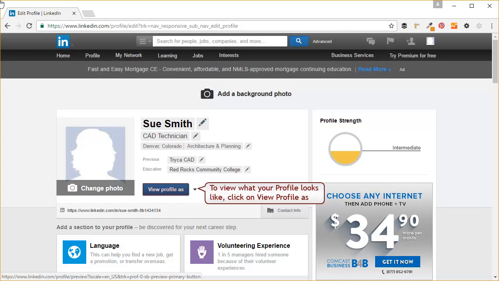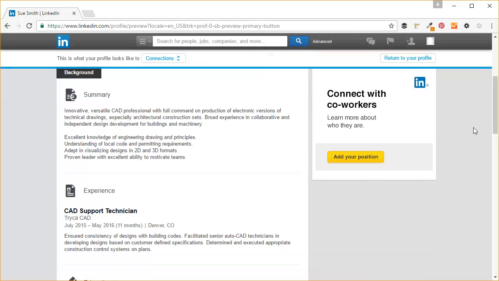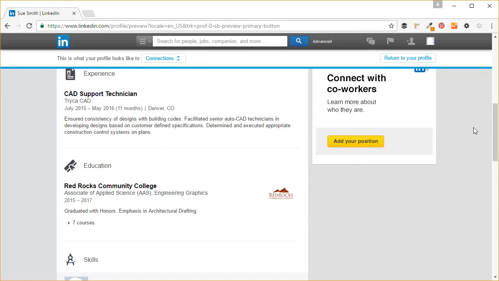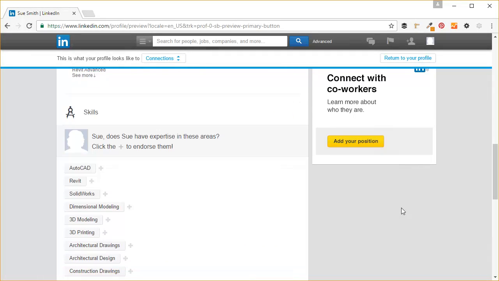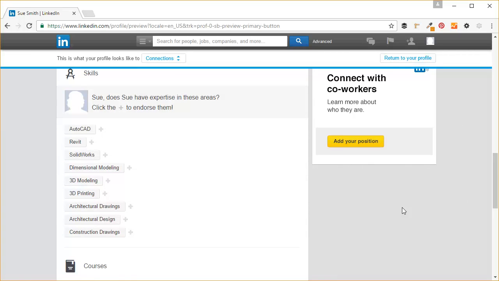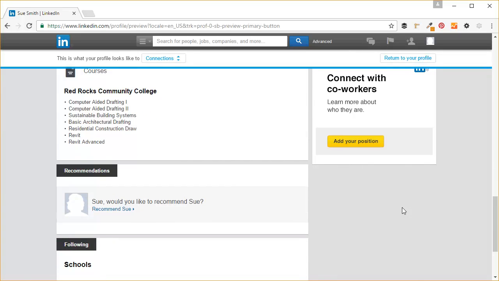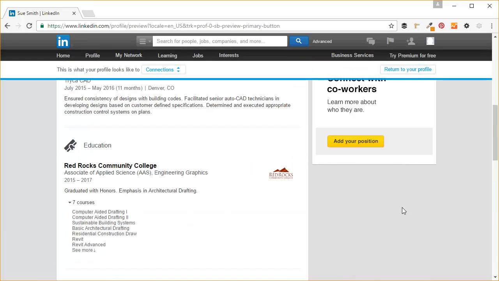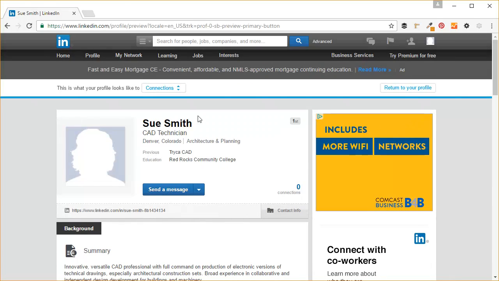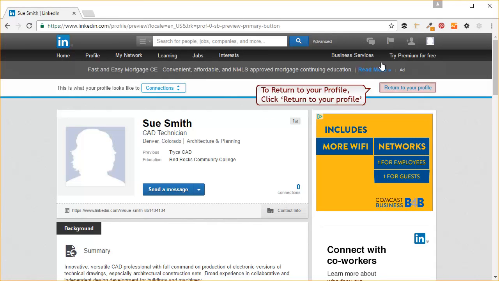View what your profile looks like by clicking on View Profile As. Click on Courses to view your courses. Click on Return to your profile at the top right.